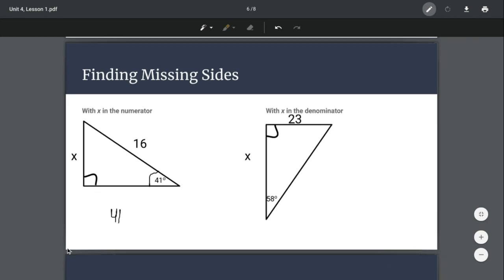This 41. Now we're going to figure out what other angles we have. Well, the one that's adjacent is this one. The one that's hypotenuse is this one. The one that's